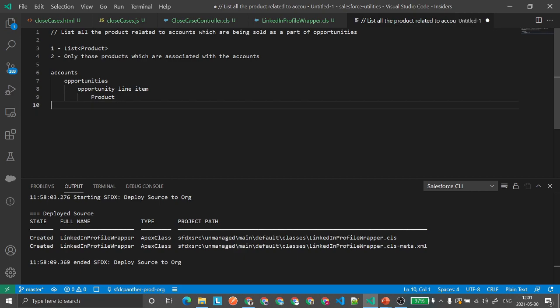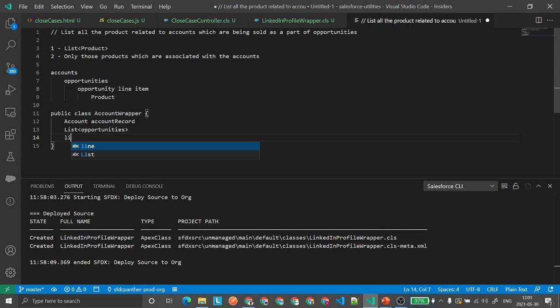So how will your wrapper class look? You'll say public class account wrapper. You need to store an account variable, so you will say account record. Then you need to have the list of opportunities, then the list of products. If you need to display the account first, then the opportunities, and when I select an opportunity you need to display the list of products,